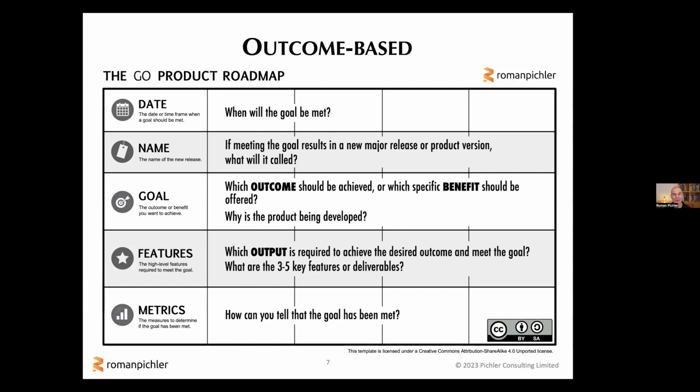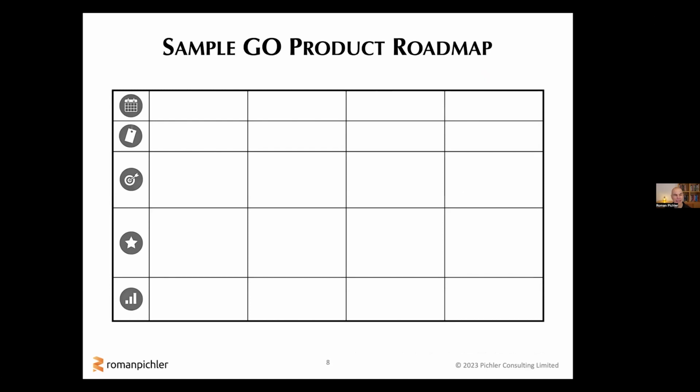So let's take a quick look at how you might want to apply this template and what a sample goal-oriented outcome-based roadmap might look like. The context here is a new product development effort, and it's a healthy eating product, a product that should help people eat more healthily. And so a first goal for such a product might be to help the users understand their eating habits and acquire an initial user base. Now, when you look